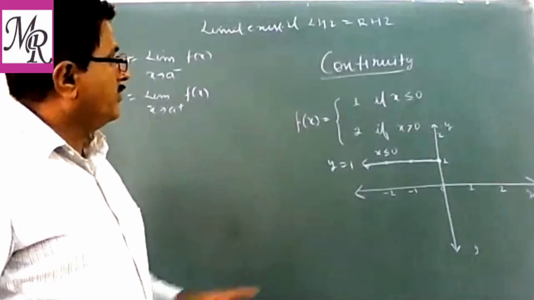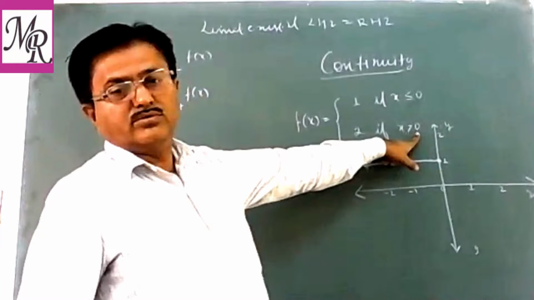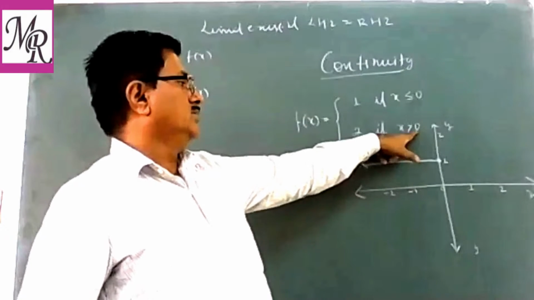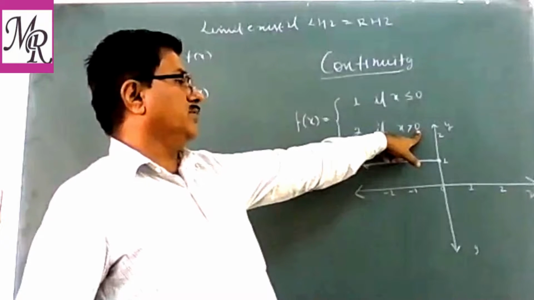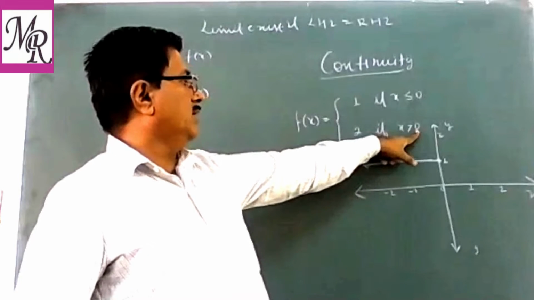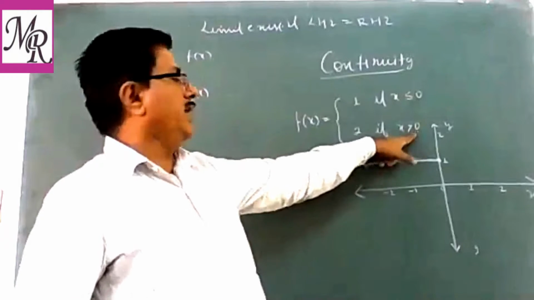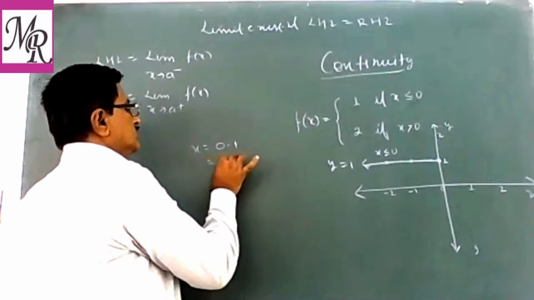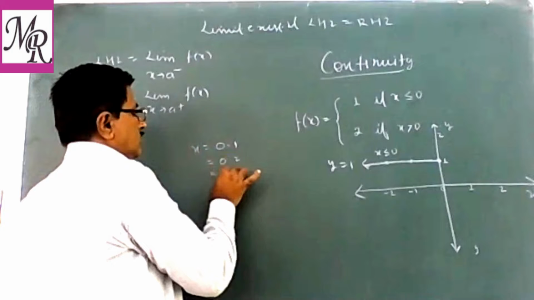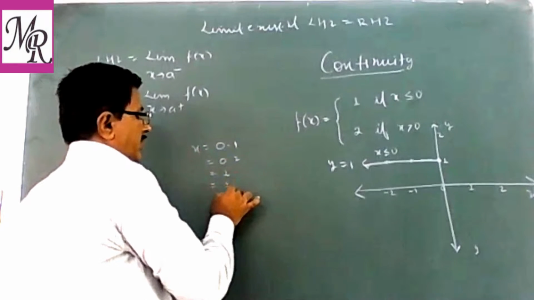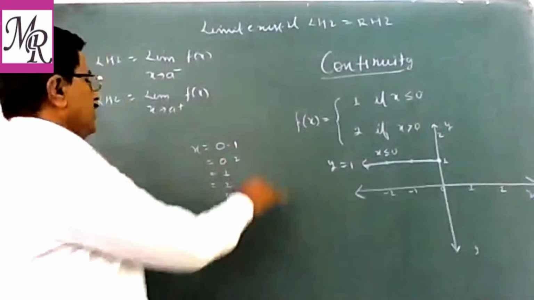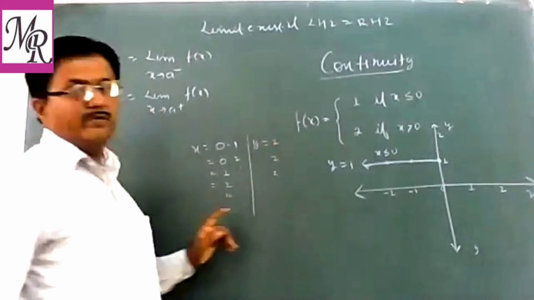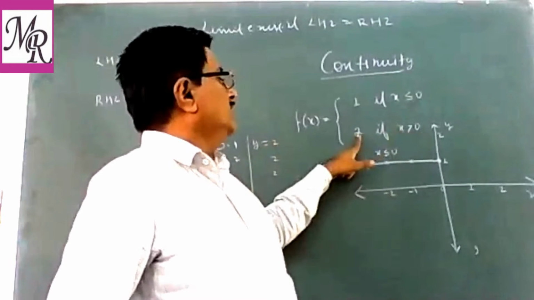Now similarly when we take x greater than 0, there is no fixed value which is just after 0. Which number is greater than 0? Exactly, we cannot find it. So you may take any value, suppose x equal to 1 or x equal to 0.1 or x equal to 0.2 or x equal to 1 or x equal to 2 or 10 or whatever can be the value. The value of corresponding y is 2. Whenever we are taking x greater than 0, then y is 2.